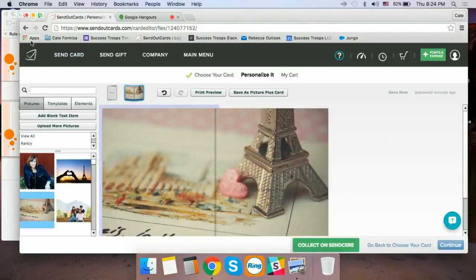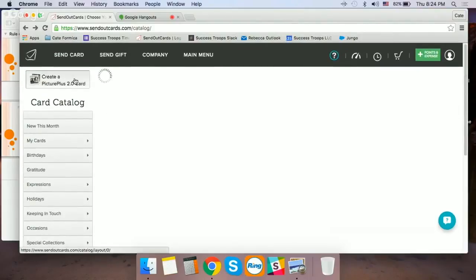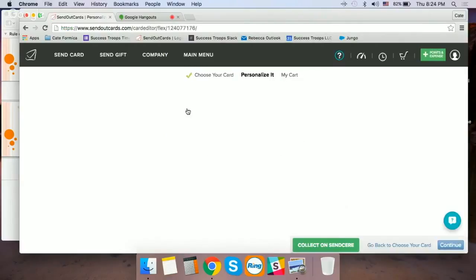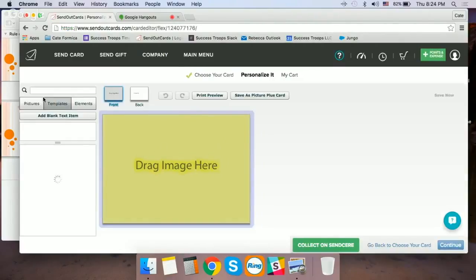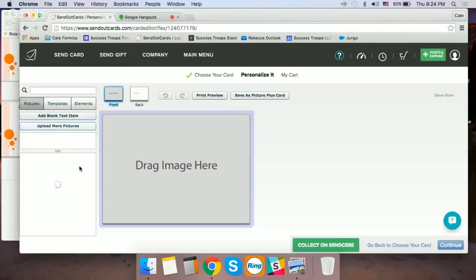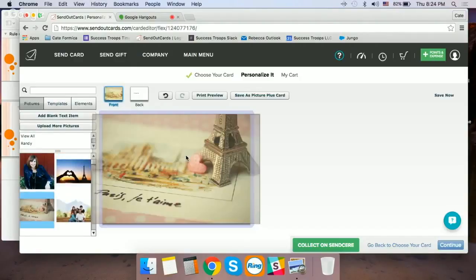So I always like to come in here and play with the different layouts to see which way is going to make that card. So now I'm going to do a landscape postcard just so you can see all the different options. And we'll use more than that one picture, but I just want to show you a few of the things you can do so you can get the concept of the rule of thirds. It's really a simple concept, but there's that card.